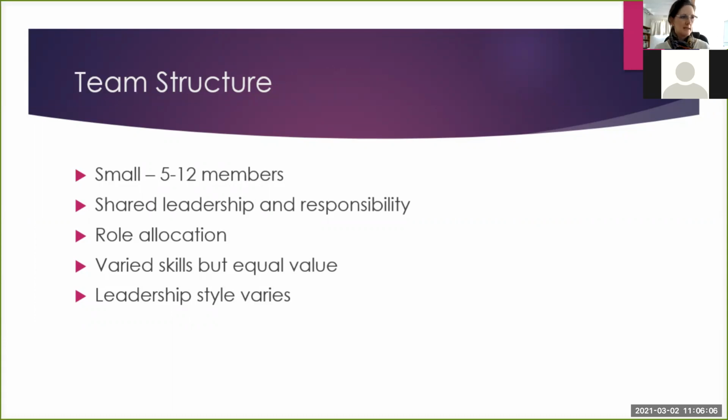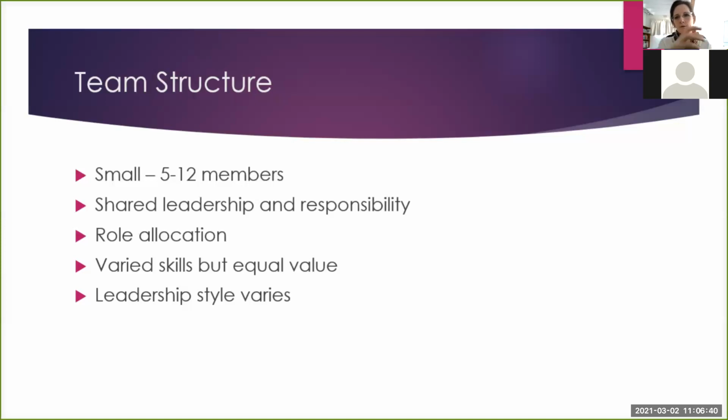Okay, there's a sense of shared leadership and responsibility. You might still appoint someone as a leader or a team lead, but ultimately you're wanting to empower so that everybody in that team can help and change roles and swap and share the load, because ultimately every one of them has got to be committed to reach the goals. There is role allocation, and we're going to talk about very generic team roles that every team needs to have according to research. Usually in a team, you can have quite varied skill levels.